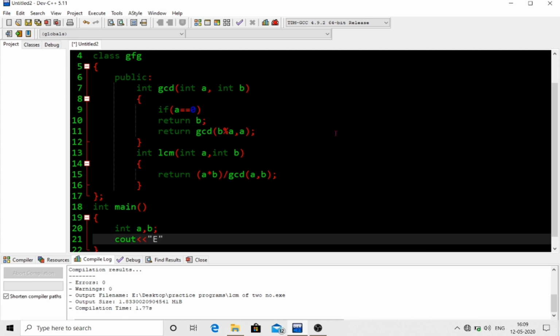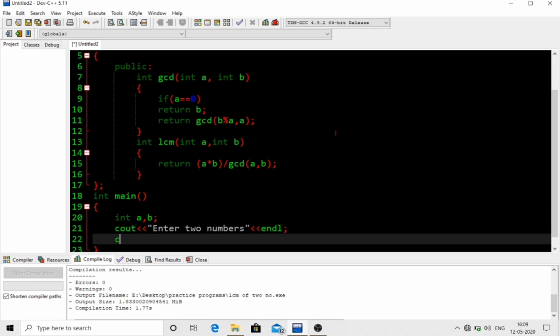So, enter two numbers, and now read them into A and B.